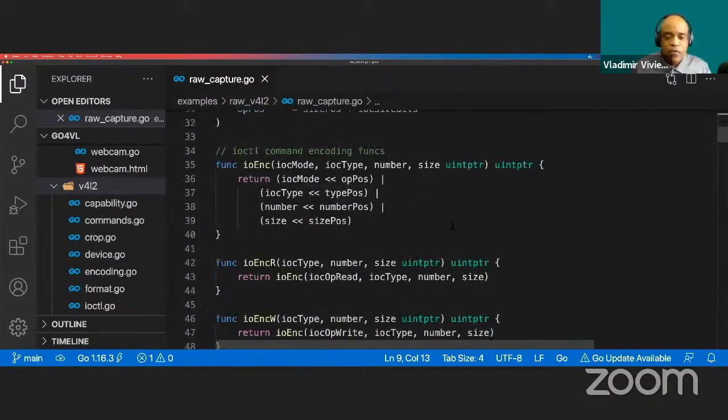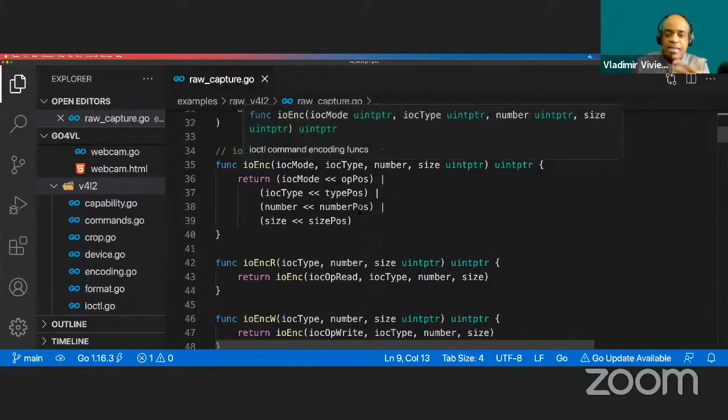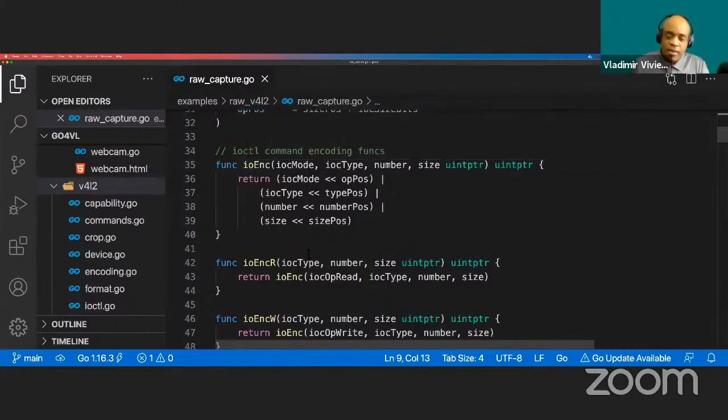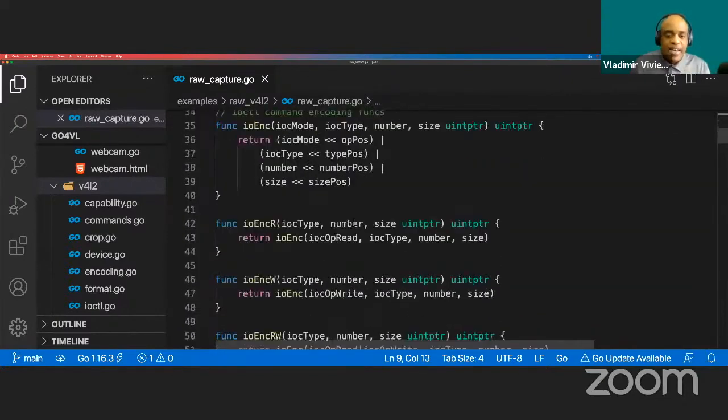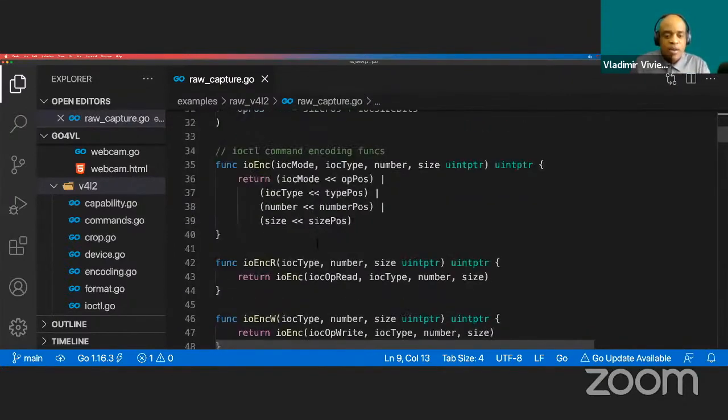All right. Now, the first thing we're going to do is define a function that takes that layout, and when we give it a set of parameters, it'll come up with a value that Video for Linux understands. So IO enc, or the IO encoding, does that for us. Again, if you want to know where that comes from, click on that link above. All right, next, we do some wrappers